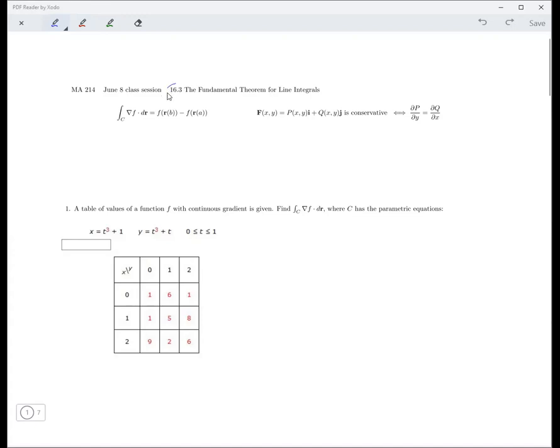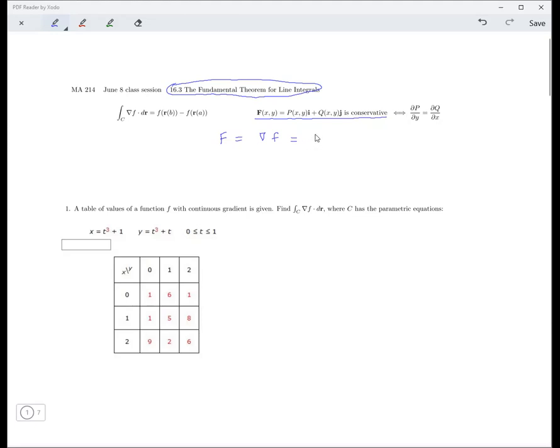So today we're going to talk about 16.3, the fundamental theorem for line integrals. And first of all, the first concept here is that of conservative vector fields. A vector field is conservative if and only if these properties hold. But really what that means is that F is the gradient of some function, little f, which